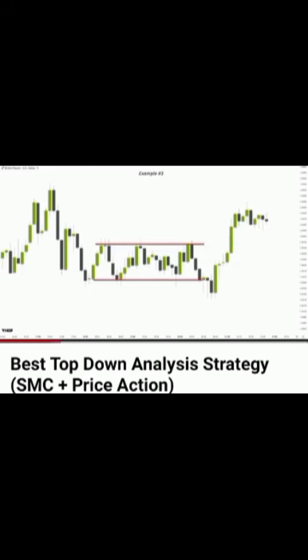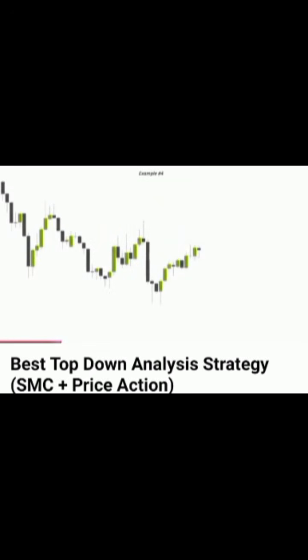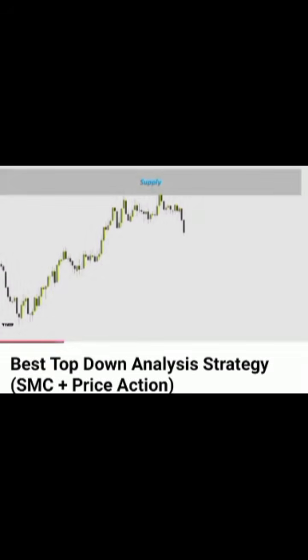In another trading example, we have a pullback to a supply area, but we are uncertain whether the price will reject and give us a selling opportunity, so we can zoom into a lower time